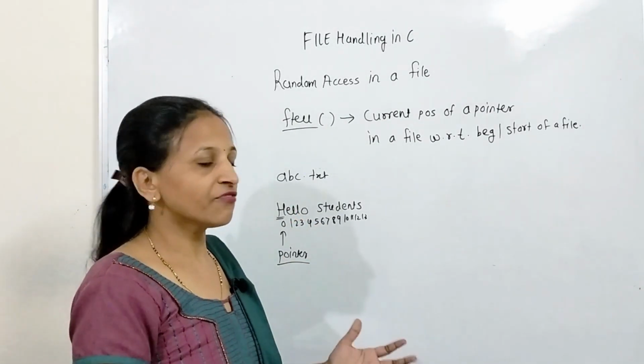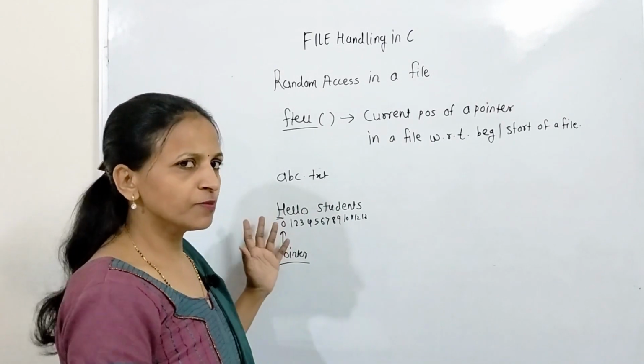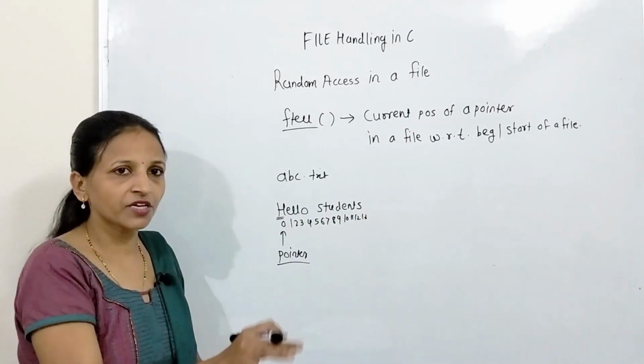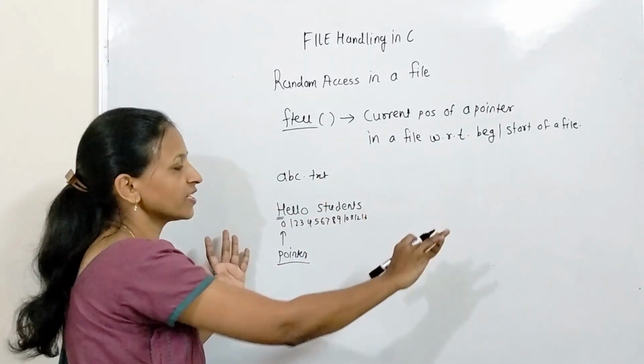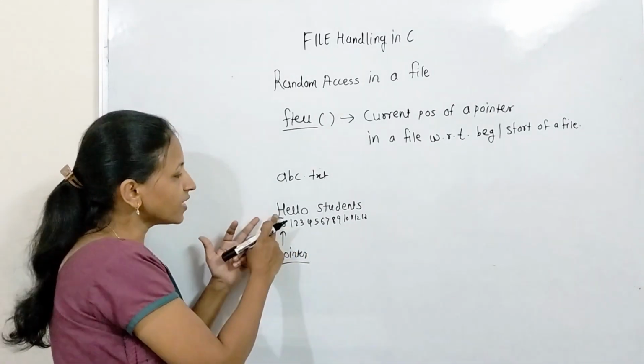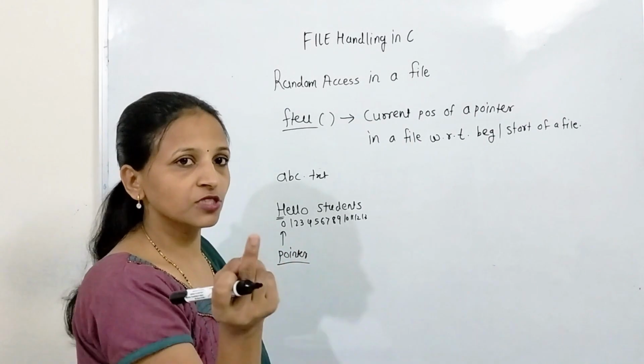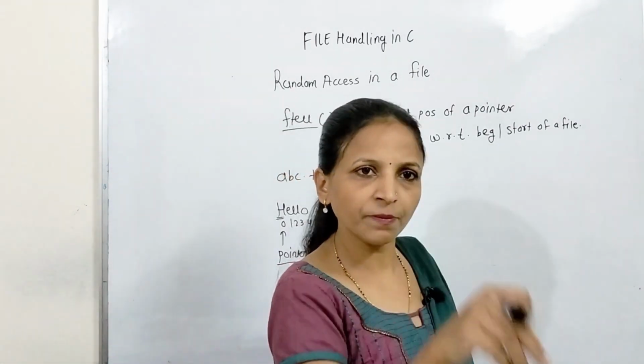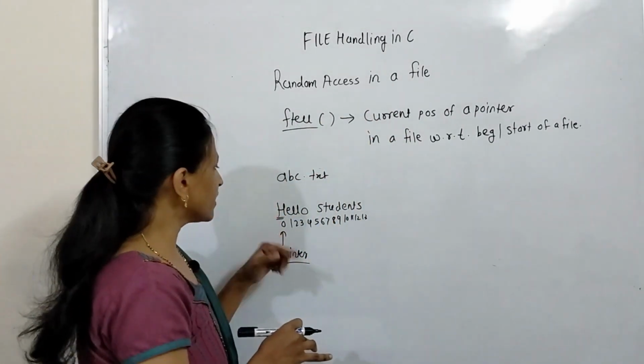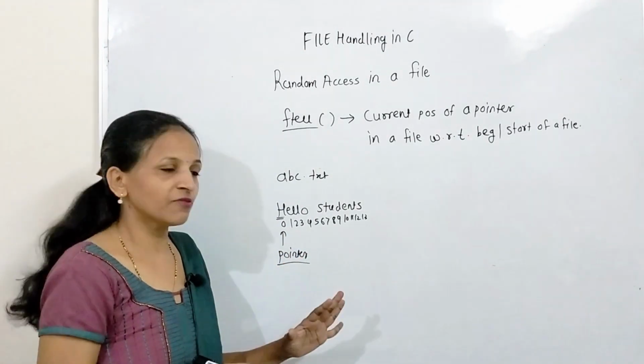If you open that file in write mode, there is nothing inside that file. Whatever previous contents were in that file will get totally lost. And then if you call that ftell function, again the file pointer or position indicator will be at the beginning, and that ftell function will again return 0.